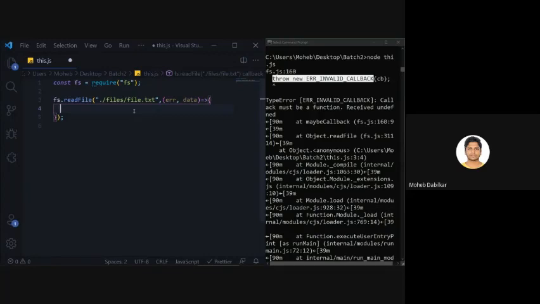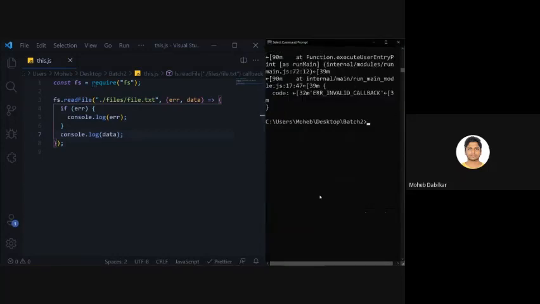Because if you deal with data first, then that data will be passed on to the user. You don't want to do that. Okay, so we will say if there is an error, we will console log the error, and if we have data, then we will just say this.